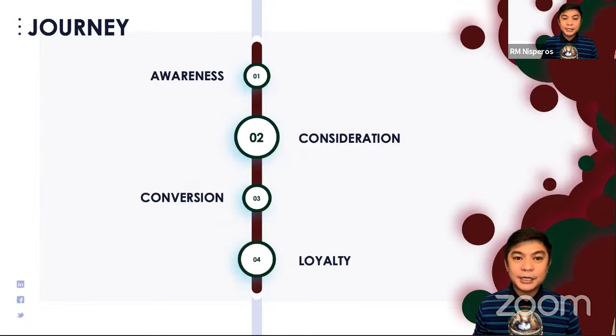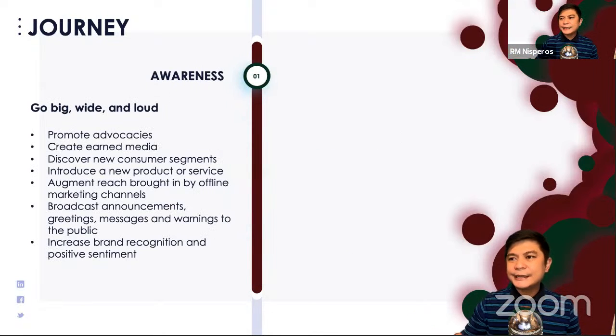And then the last part is loyalty. How can you forge a continuous relationship so that you have repeat purchase and you have free promotions from their referrals and from advocating your business? So let's go in detail